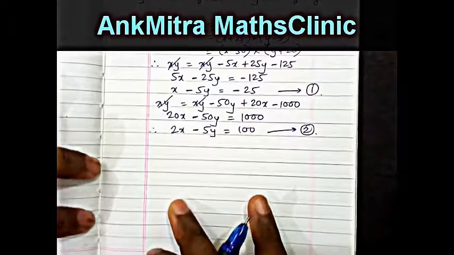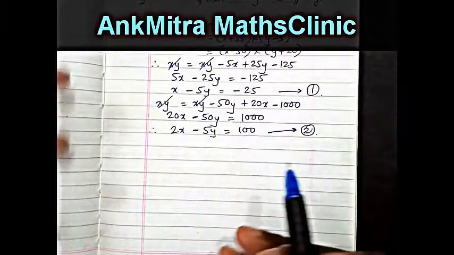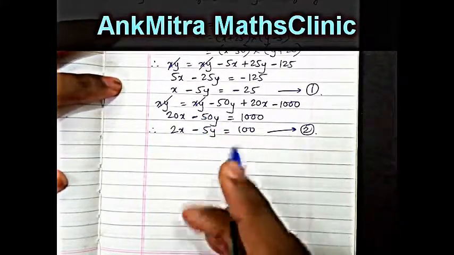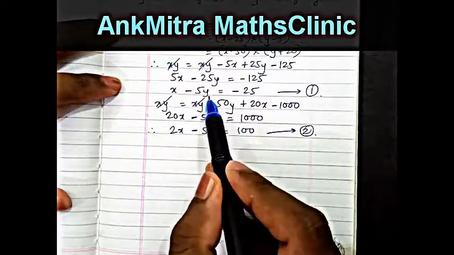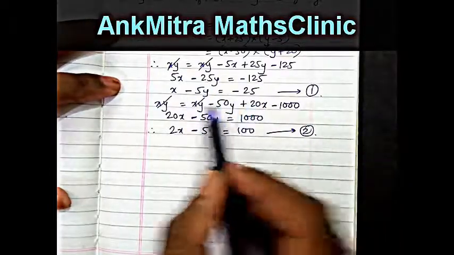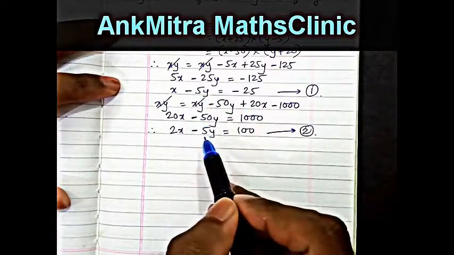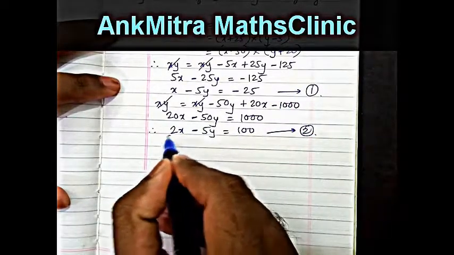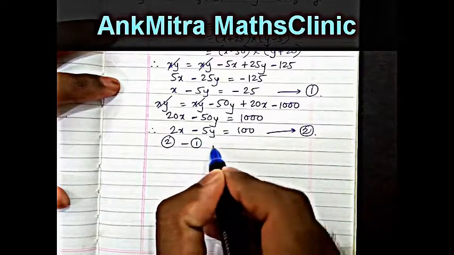So this is just like the simultaneous equations form. To solve this, we need to eliminate one of the variables. So I'll first start with eliminating Y here. Both the coefficients are minus 5. So I'll subtract equation 1 from equation 2. So equation 2 minus equation 1 gives